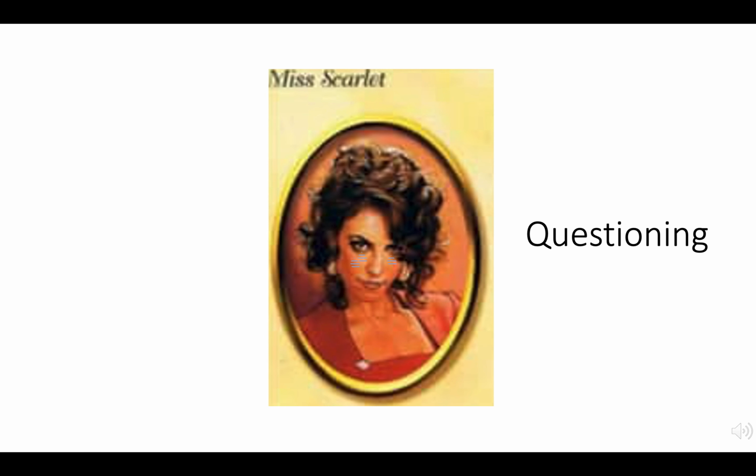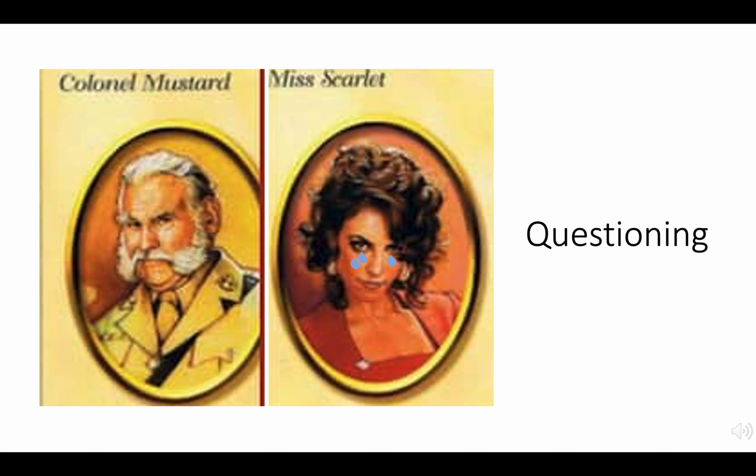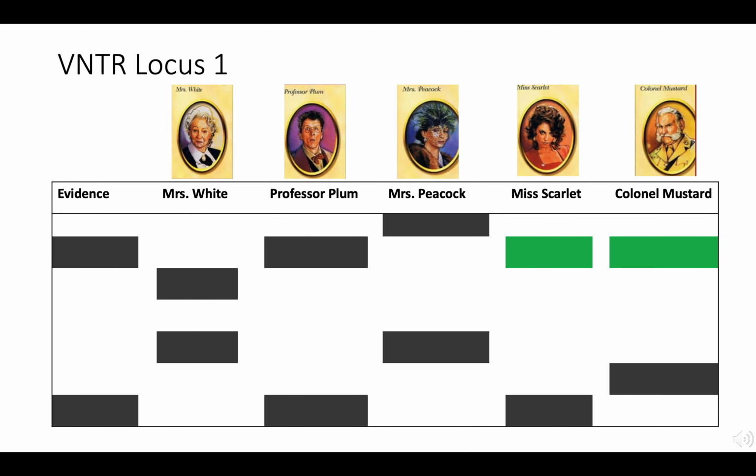So Scarlet was brought into questioning and she cracked, admitting to the crime. She claimed that her long-lost father, Colonel Mustard, put her up to it. When he was brought in, though, he denied any relationship to Miss Scarlet. The gels were then re-examined to see if Miss Scarlet's accusations were plausible.